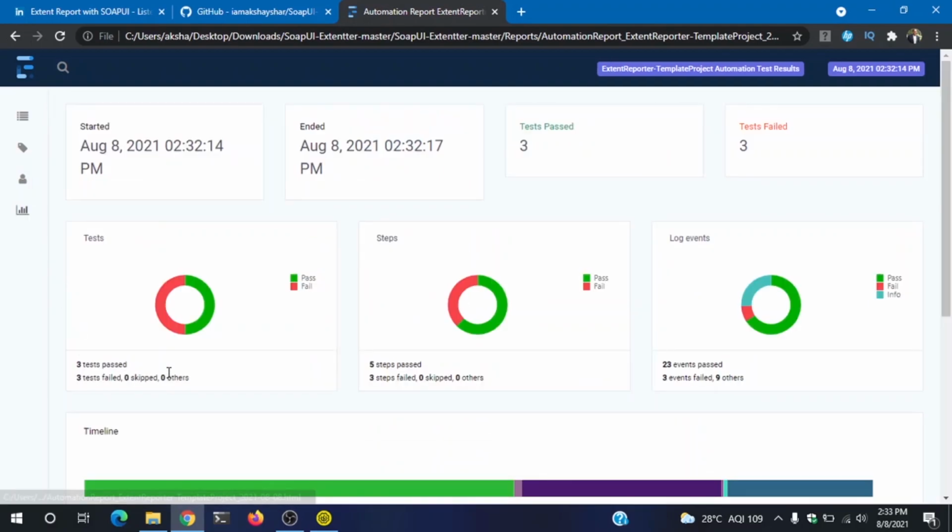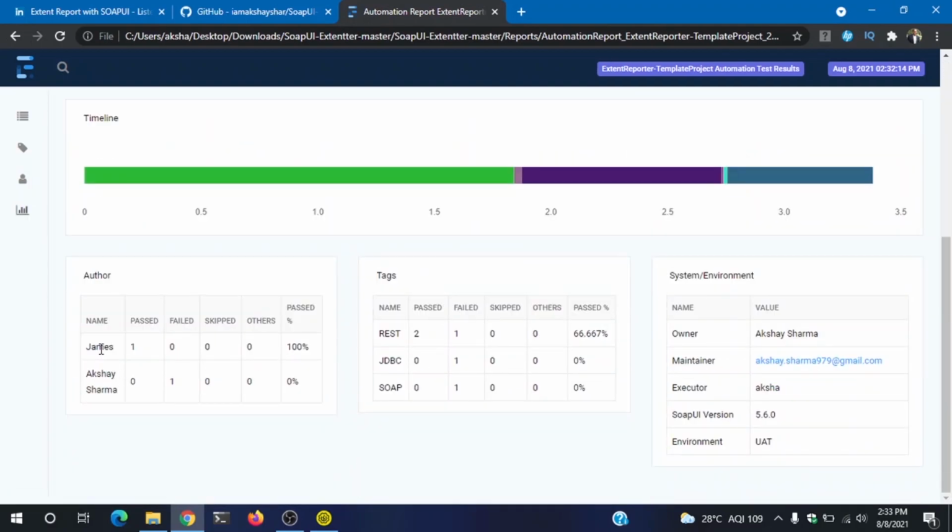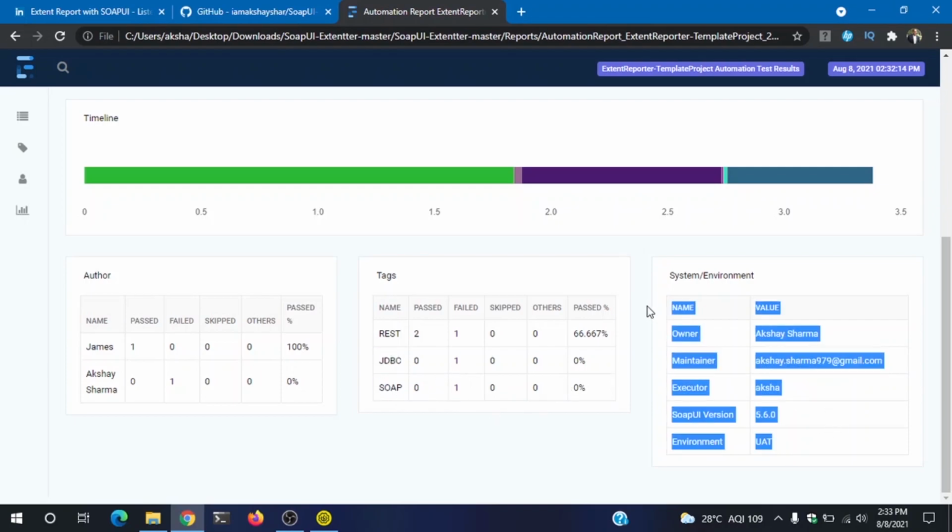And if you go to the dashboard window, you can see from which author how many test cases passed. So for James, all 100 test cases passed. For Akshay Sharma, 1 test case failed, and you can see the pass percentage. Now from the tag perspective also, REST has 2 test cases, 2 passed actually, 1 failed. Now JDBC, one test case failed, SOAP, one test case failed, and you can see all the default